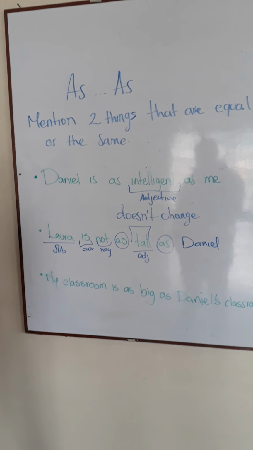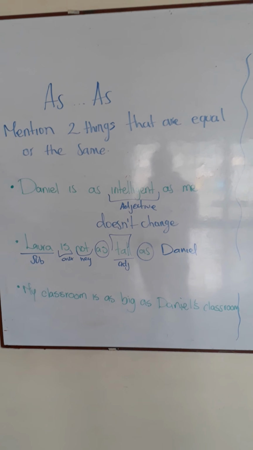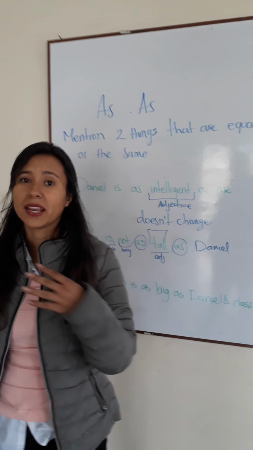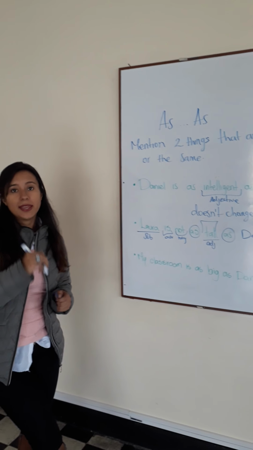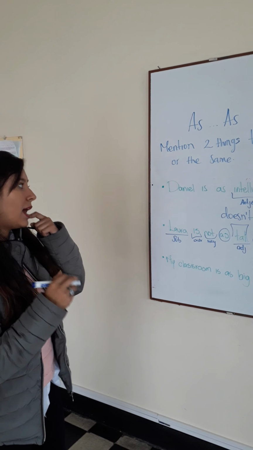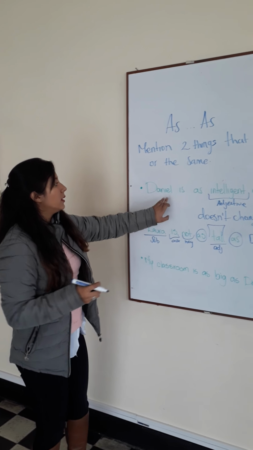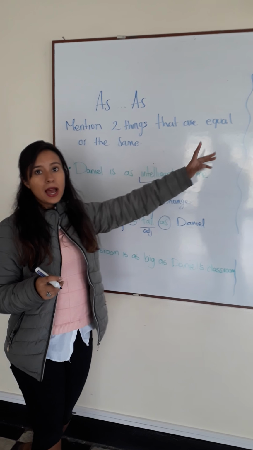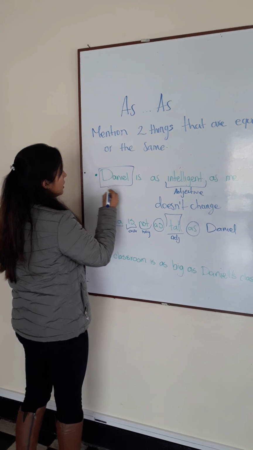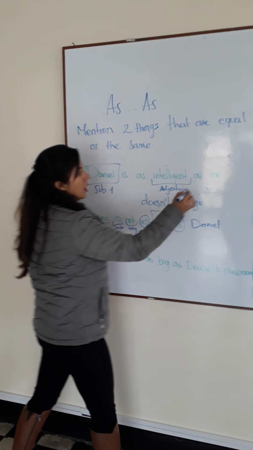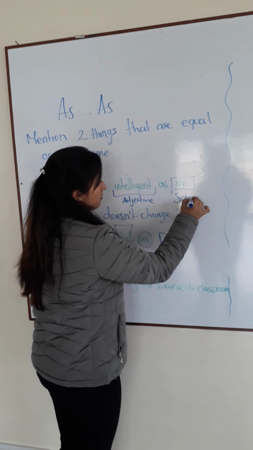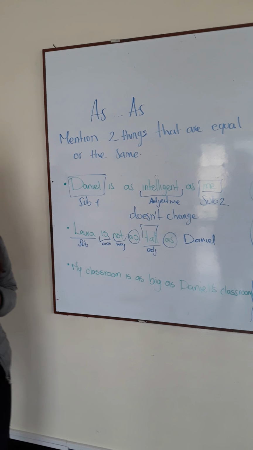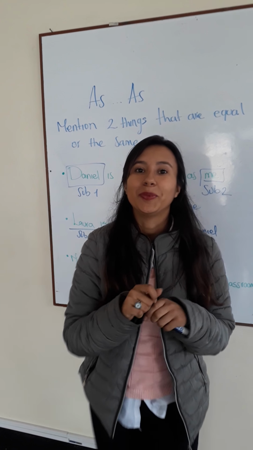Be careful with that. And another example we have: my classroom is the same as Daniel's classroom. If we check, these two classrooms are kind of the same, so we can compare them to say that those classrooms are the same. So remember: subject, auxiliary, as, plus adjective, plus as, and the other stuff. So for example, we have subject 1 and subject 2. Also, this is so easy, I guess that you don't have any problem with it. So now Daniel will explain a little bit about